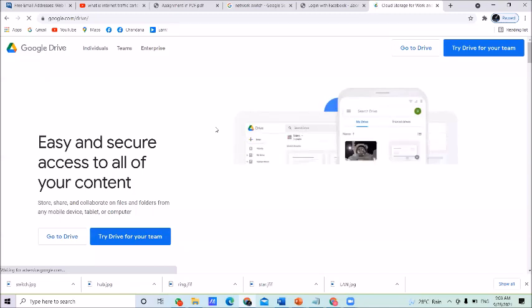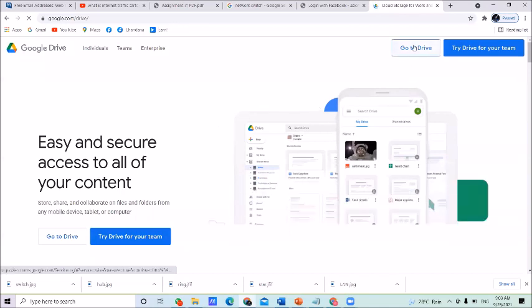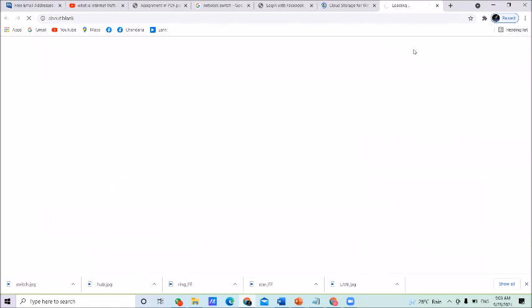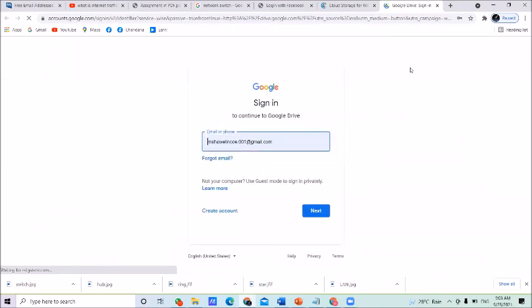Once you click that link, you will move to this screen. Once you get this screen, click here, go to Drive. Once you click on go to Drive here, you will move to another screen.